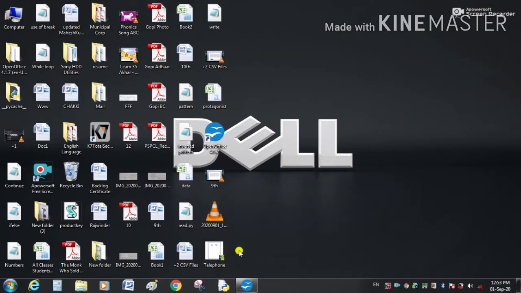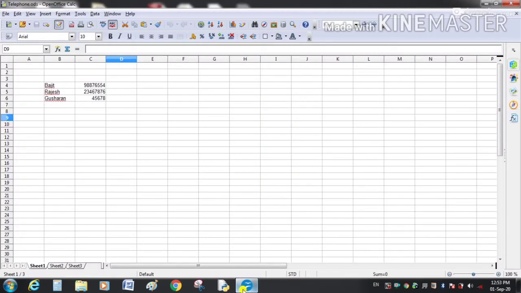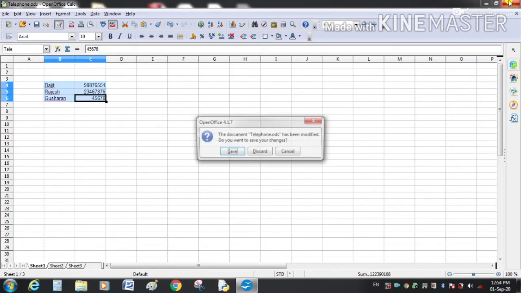Open our telephone file and give a range name to this range. So this is our telephone directory, and I am going to write here tele. You can see here when we select this range, this name comes here, tele. Now close this file.